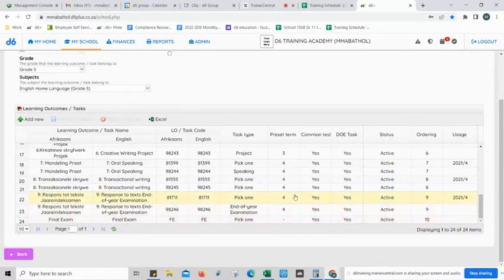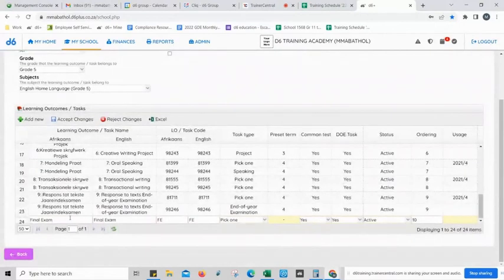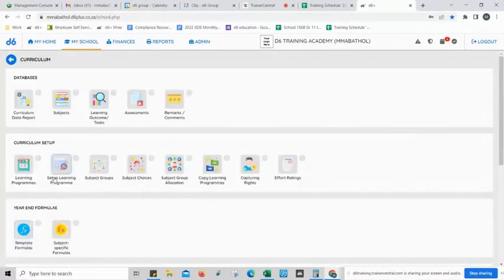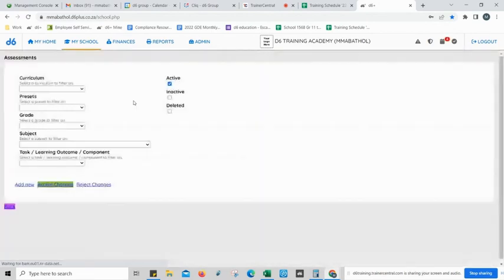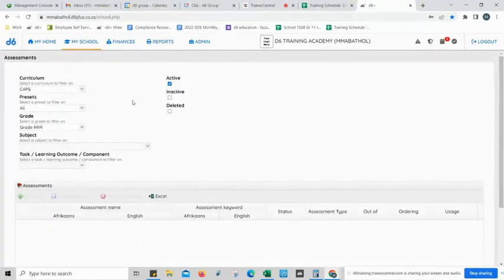So I have added my tasks, and if I still want to edit it, I can just come back to it, click on it, edit what I need to, and then accept my changes. I have added my task. Now I'm going to go and add the assessments because already if you add a task, we know that the assessments also need to be added as they will be counting towards the task. So we add it on assessments